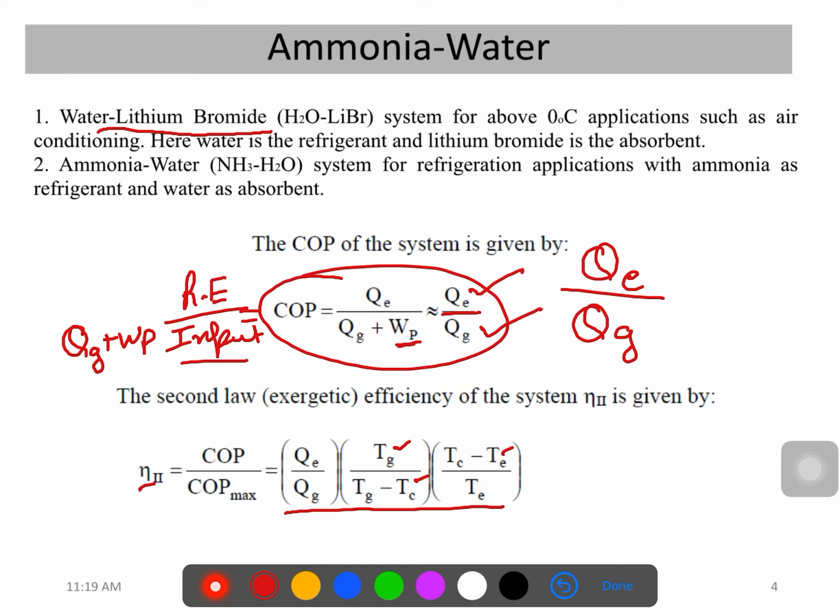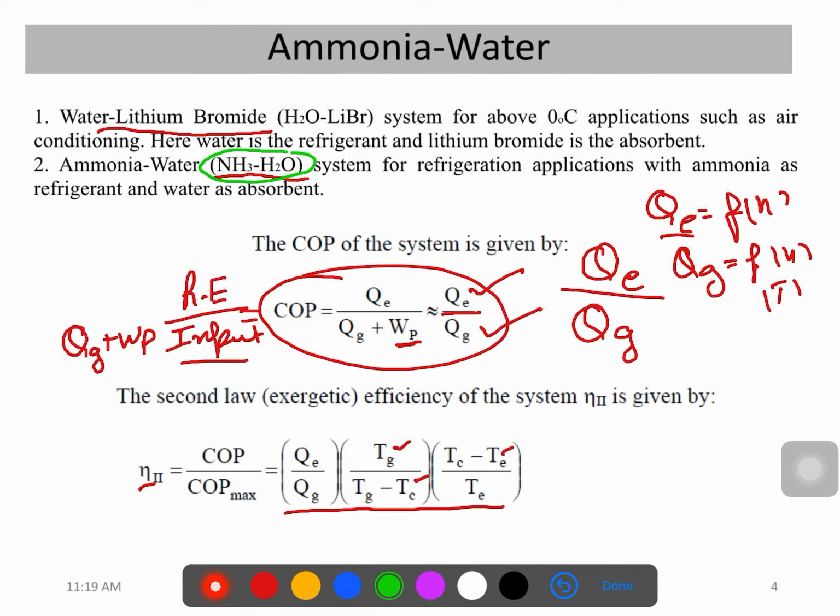Now in order to get these COPs, you should be aware of QE, which is a function of enthalpy, and QG, which is a function of enthalpy or temperature. In the lithium bromide system we discussed the enthalpy concentration chart. From that chart we can easily find the enthalpy of any state. But in the case of the ammonia water system,